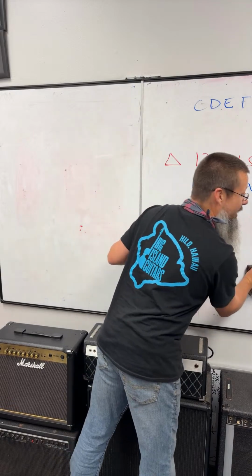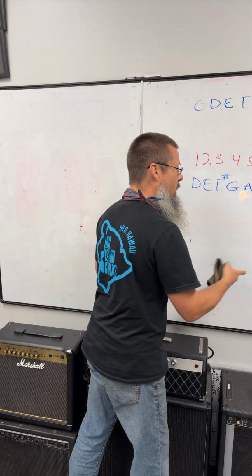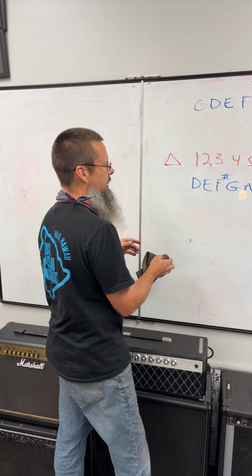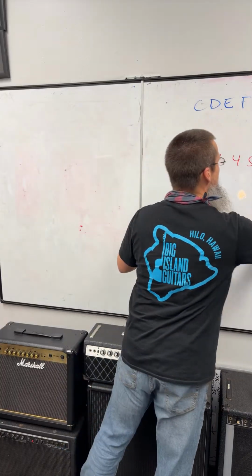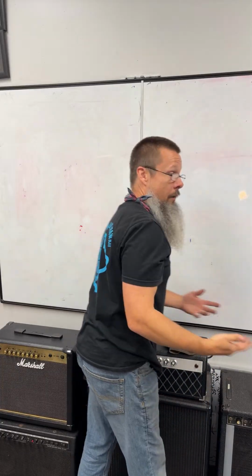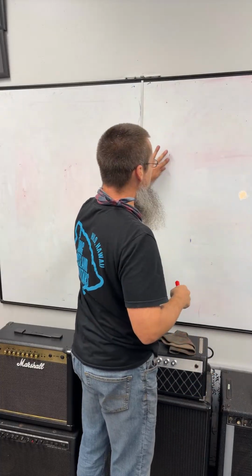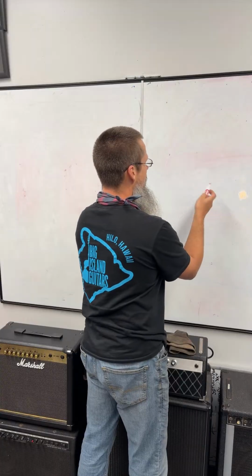Do you know that D Dorian has a natural 6 in it? Yes. Why? What does that mean? It has a natural C. In reference to what? A natural 6 note. In reference to what though? Like, we could say natural 6, but what does that mean? Like, here is